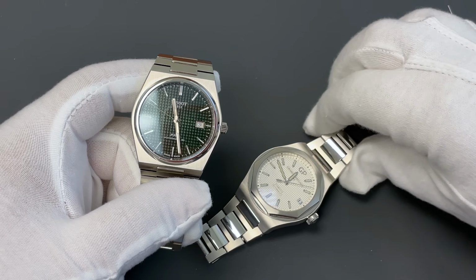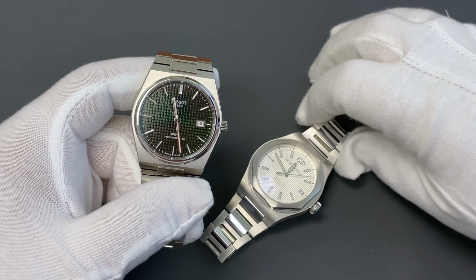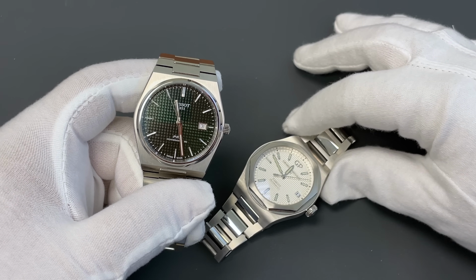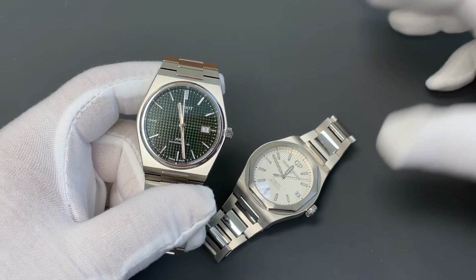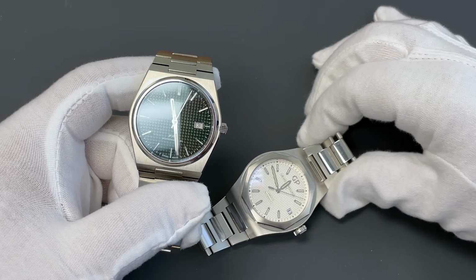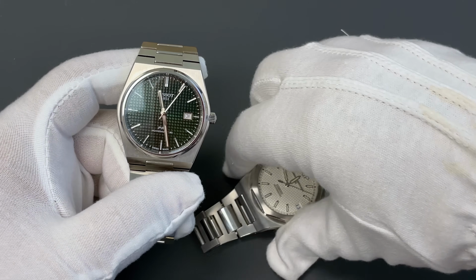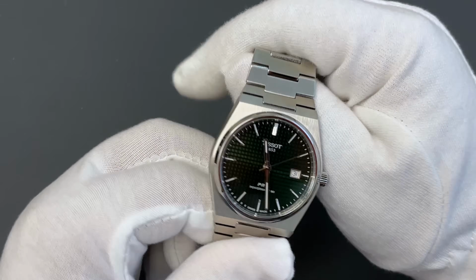And this is a watch which is more than 20 times the price, and I'm going to use this as an example in the difference between a watch that's $675 and the watch that's close to $9,000 later in the video. But let me get this one out of the way and tell you a few specs of this Tissot